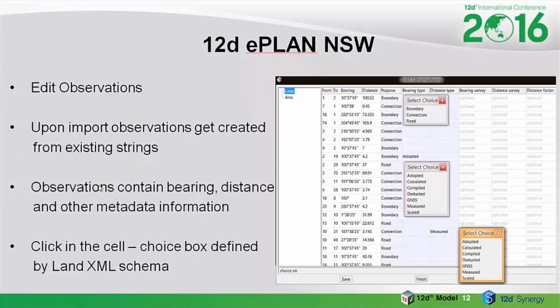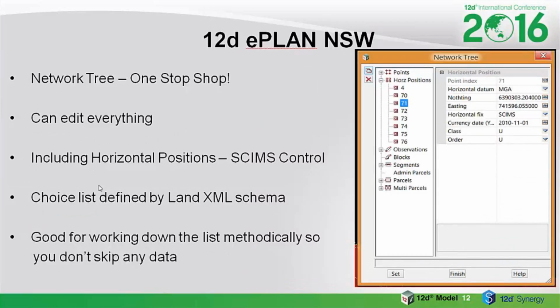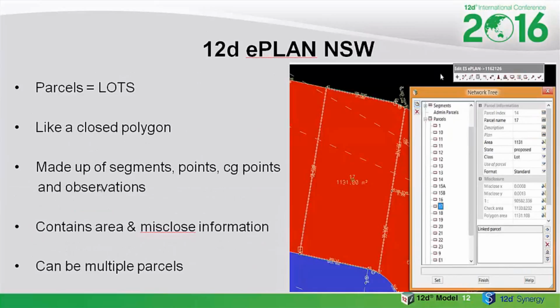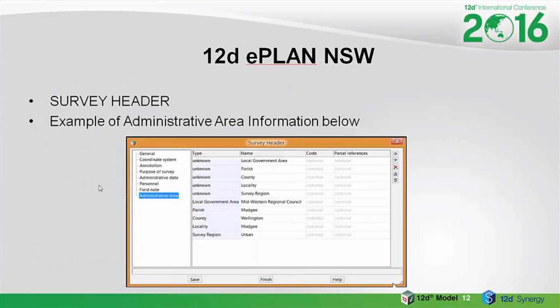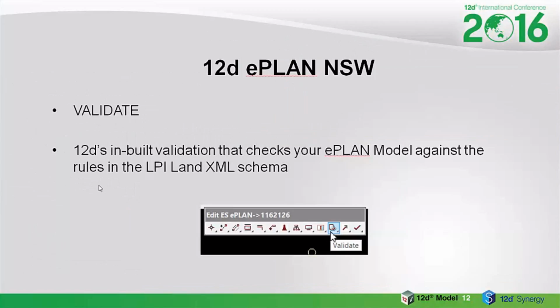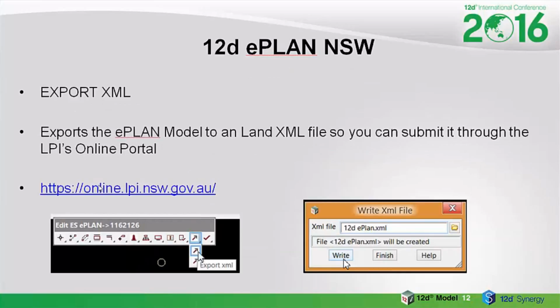So I'll just quickly go through the rest of this slide. This pretty much just explains everything that I've gone through. So all the survey header information, the validator, and then exporting it in the LPI's website where you can go and log on. That might have changed though. I know sometimes that they update it, so